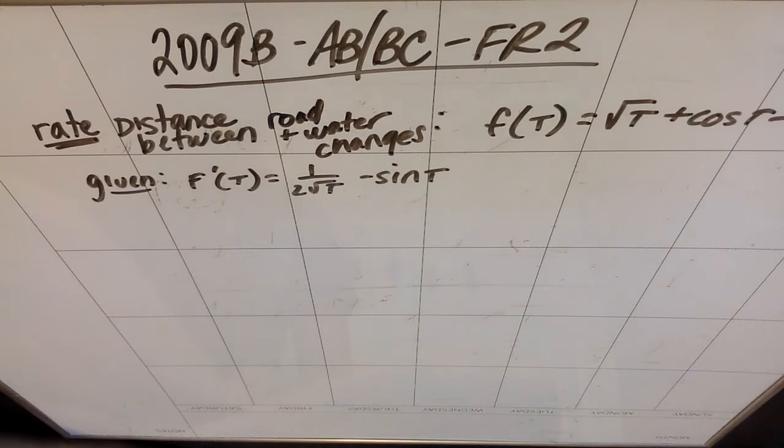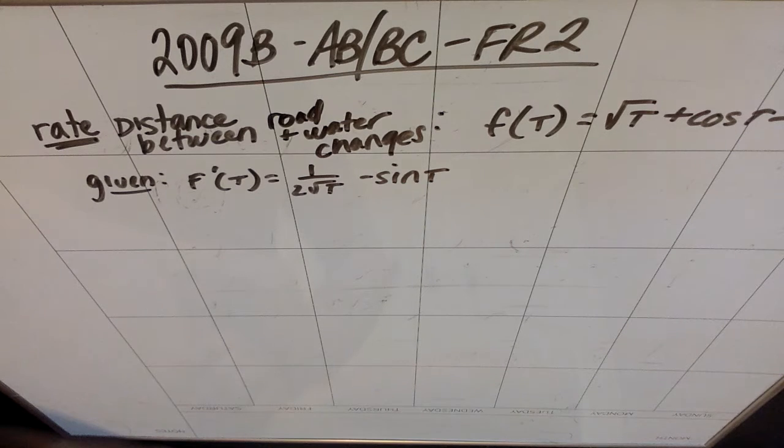All right, we're going to continue doing AP review. This is 2009 Form B, AB and BC Free Response 2. This is a calculator question, so we will be using our calculator for some things. All right, cool. A storm washed away sand from a beach, causing the edge of the water to get